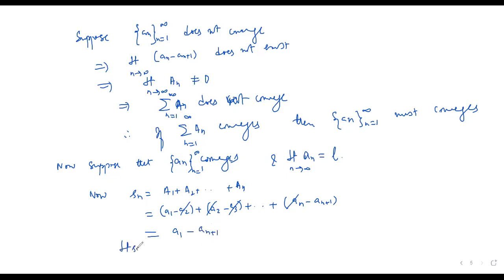So limit Sn n approaches infinity would be limit n approaches infinity, a1 minus an plus 1. A1 is a fixed number, so it would be a1 minus limit n approaches infinity, n plus 1. That's equal to a1 minus n. So therefore, this limit exists and converges, which implies that this Sn, n runs from 1 to infinity, converges. और अगर ये कन्वर्ज करती है तो उसी का मतलब तो है कि सीरीज कन्वर्ज करेगी।